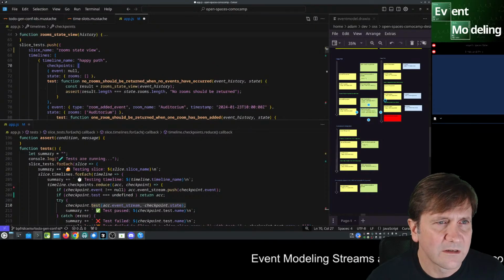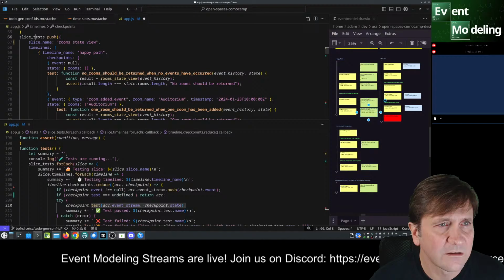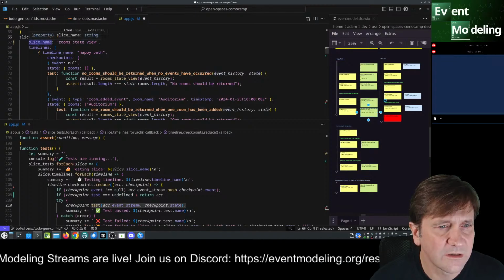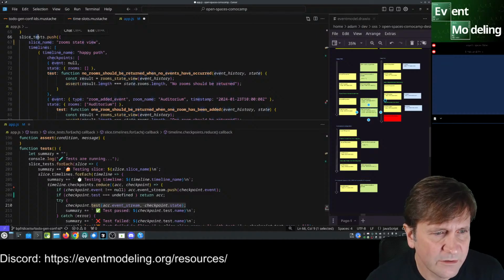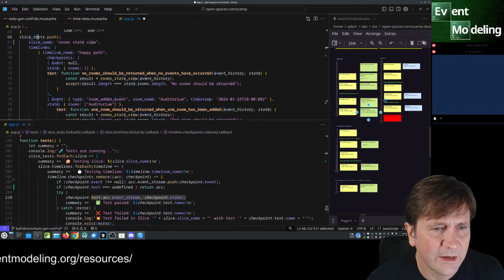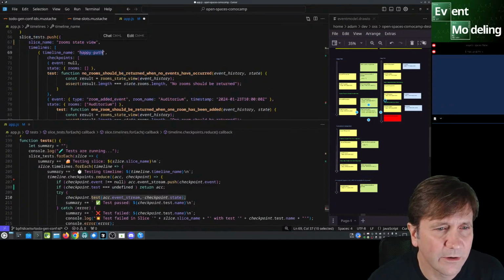So let's look at this structure. For each slice, which is this slice test, we're pushing these in. So here's each one, right? I can say "testing slice:" and I have the slice name, so I can say happy path. That'll come out here.